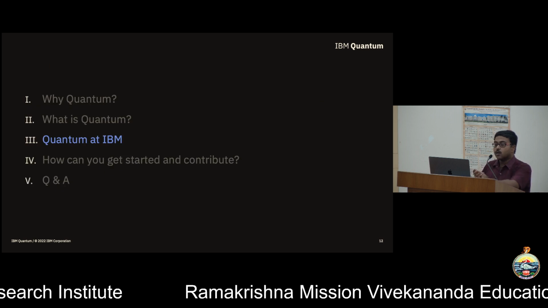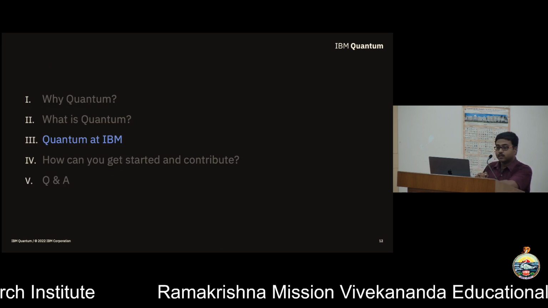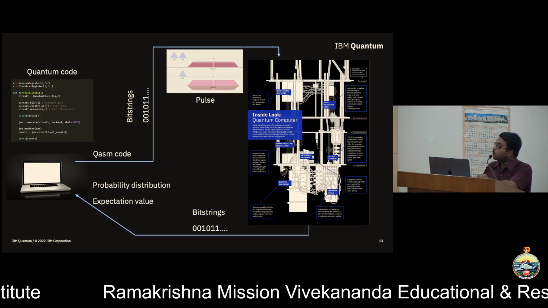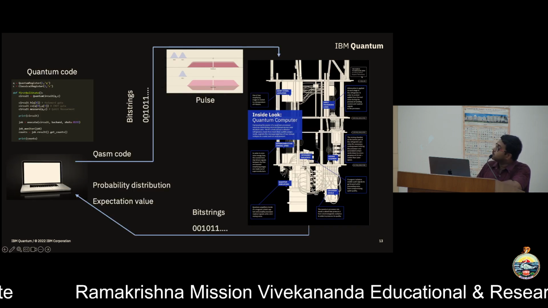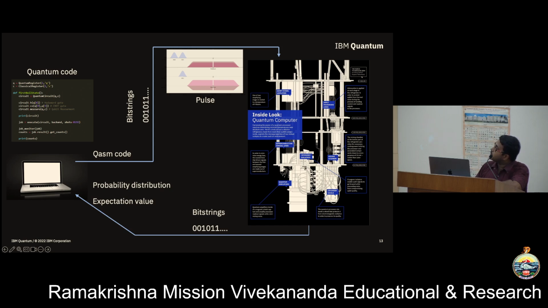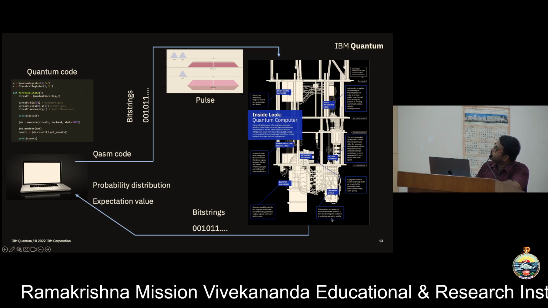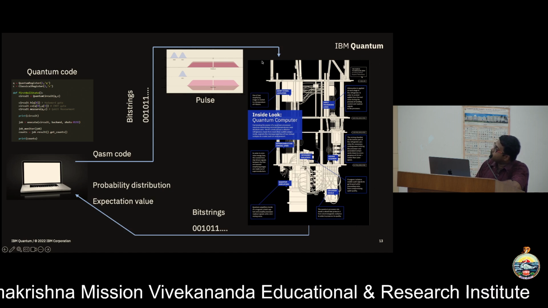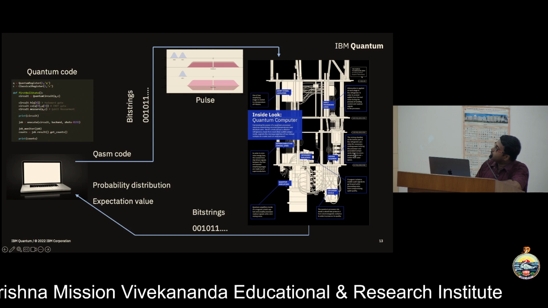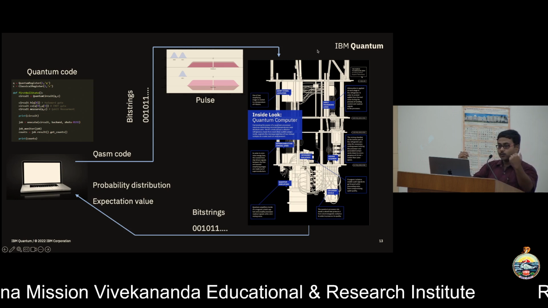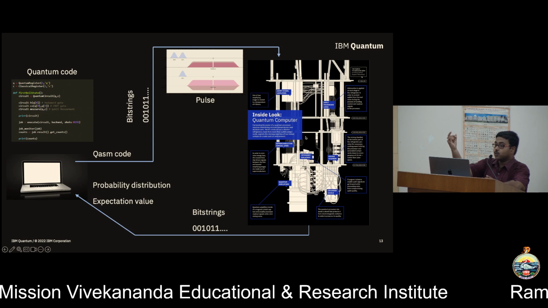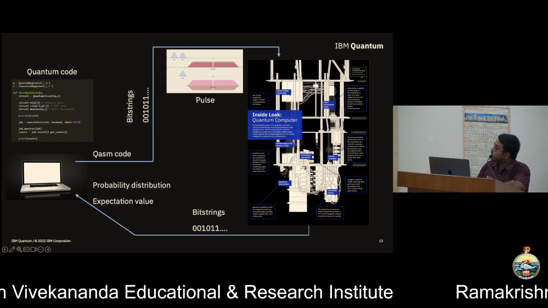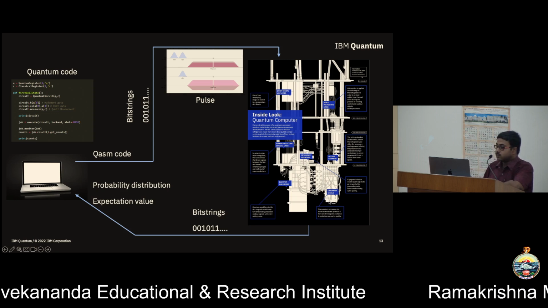Now let's come to what we are doing at IBM. Let's go to what a quantum computer is. So this entire thing on the right, as you can see with this cursor, this entire thing is a quantum computer. And the whole point of it is trying to take the temperature down and down. The quantum chip, which is the only part that is actually quantum, everything else here is classical, will sit somewhere here. It's just a chip.